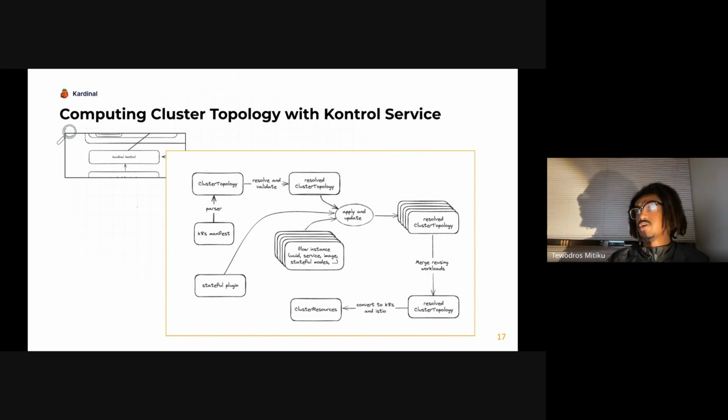For each of these flow configurations, we will resolve that against the base topology and then create an entirely new topology that has that flow implemented into it. And then now we've got all these logical isolated layers, which we're representing internally. Those get merged into one cluster topology that implements all of these flows, reusing the stateless services that can be reused, while making sure that we've duplicated and created the dev versions of the stateless and the stateful services that we need for all the flows.